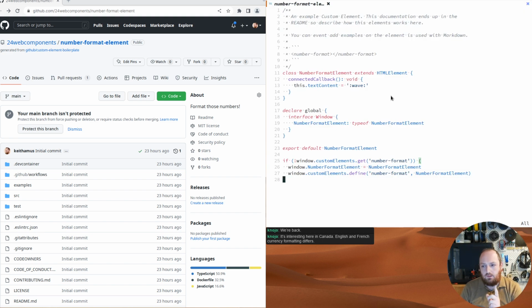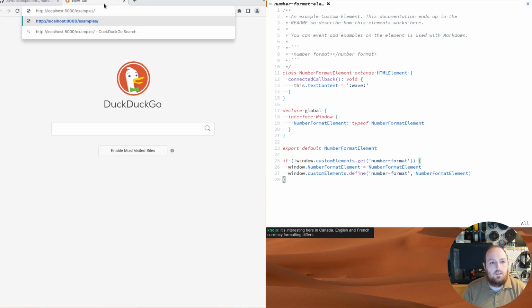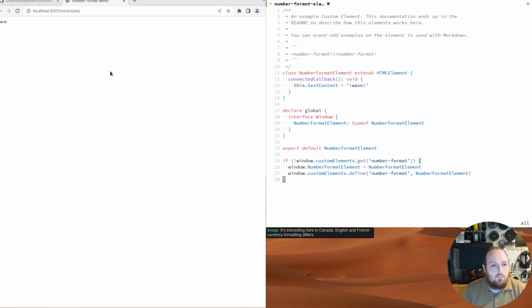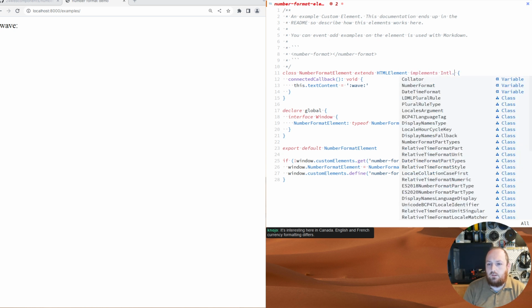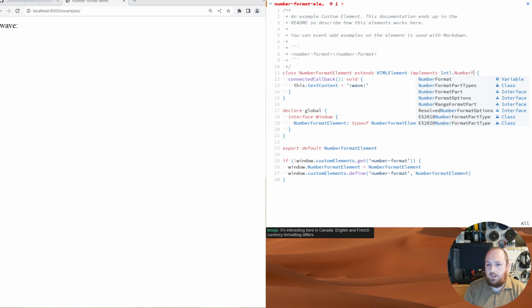What I think is really interesting about this as well is it will show us a little trick that you can do in TypeScript, which I quite enjoy, which is any class can implement an interface. So if you say implements Intl.NumberFormat,